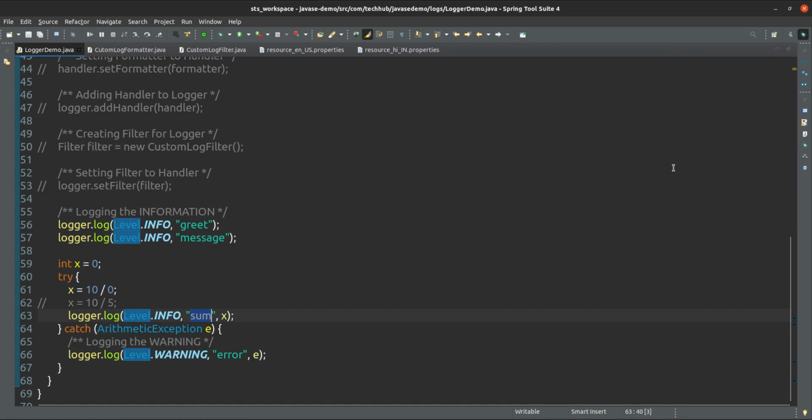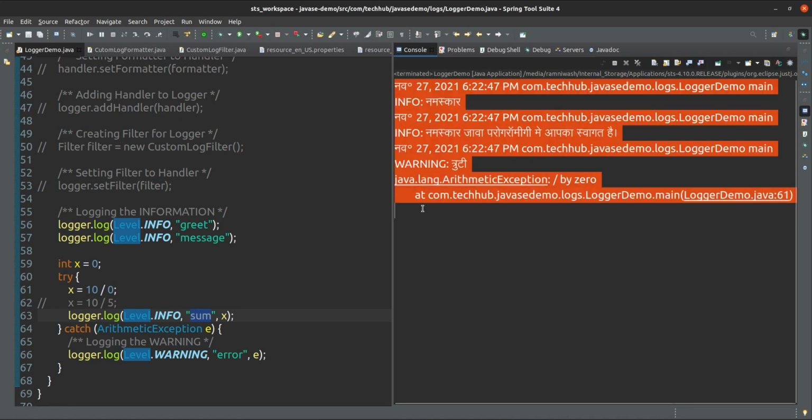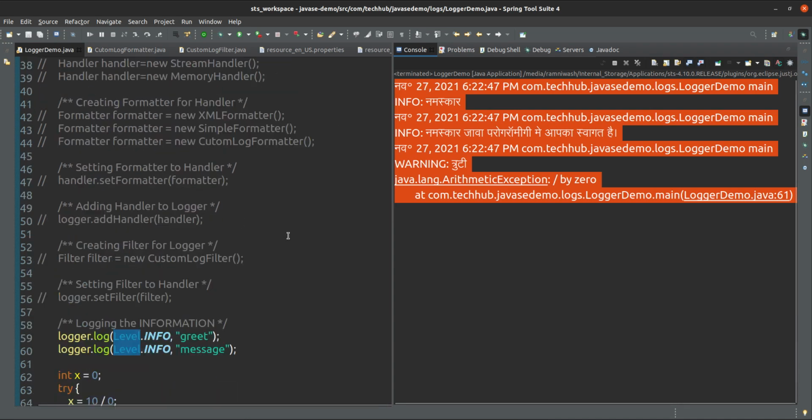When we are logging this, where will this log be placed? Currently this log is placed into your console by default. This is the default behavior of every logger. Every logger will log the information here by default, and if you give any other handler, it will use that handler.